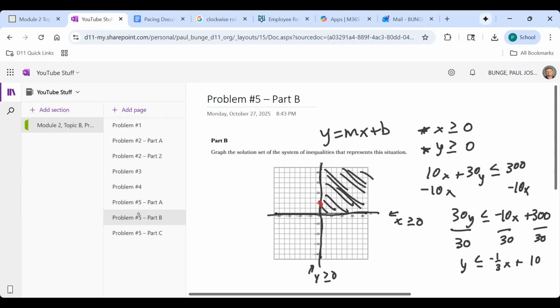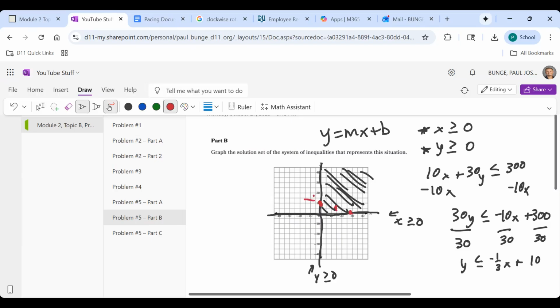Now this is the slope of the graph we have. So it's not just 1 and then a tiny 3. We actually go down a full graphing square, and we go over 3. We go down and we go over 3. And so my line that I'm going to create